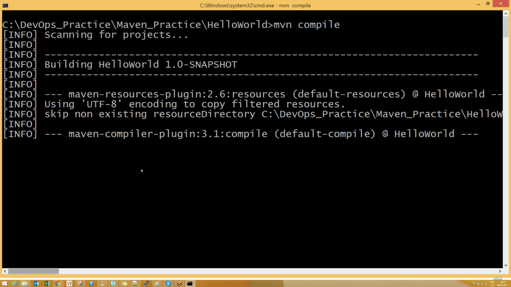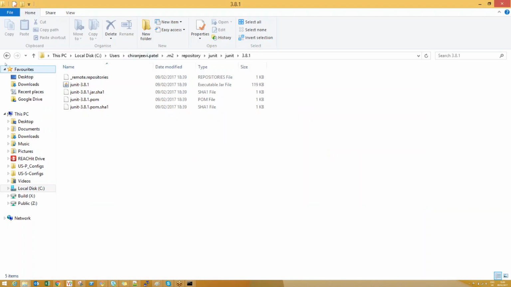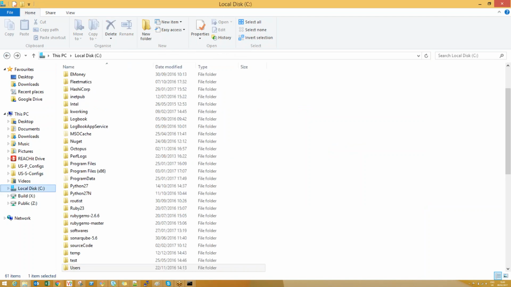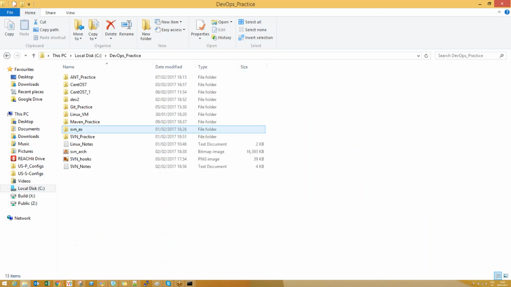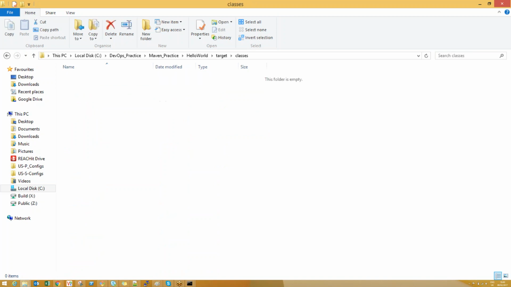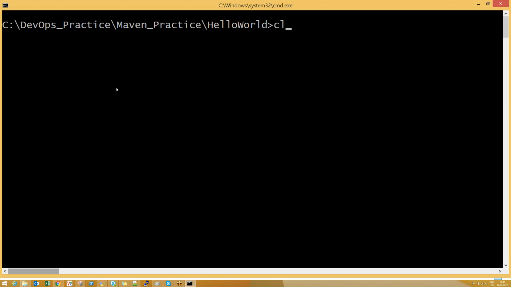This will successfully compile your code, and once it is compiled, you can find your class files. DevOps MVN practice, hello world. Can you see it has created a target folder? Inside that you can find classes, com, my company, App.class. So that's about compiling. And the next phase,